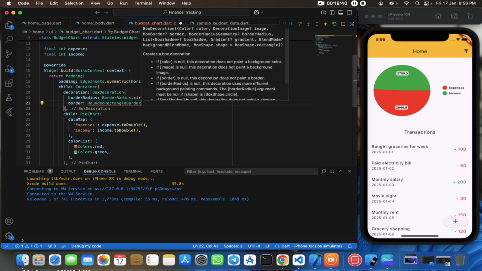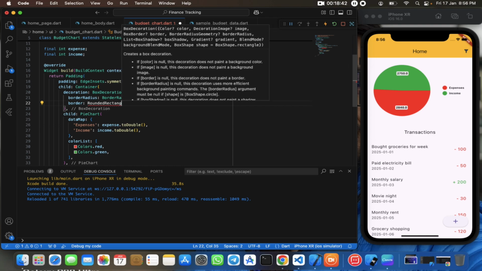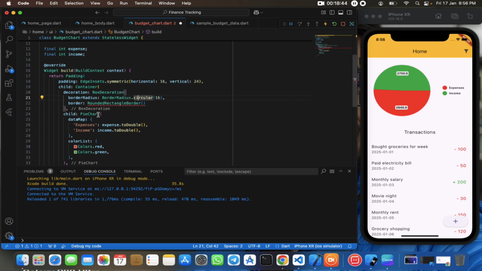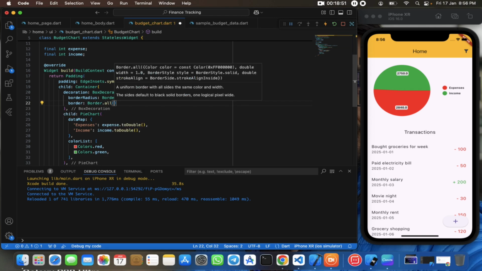What exactly does it want? Wait. Yeah, so we'll add it with a border dot. Now it should work. Okay,